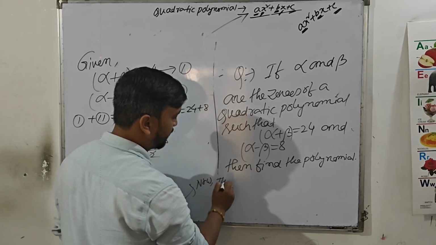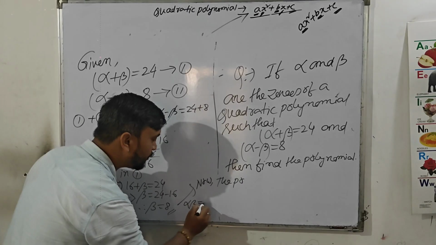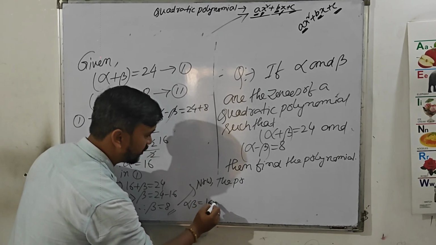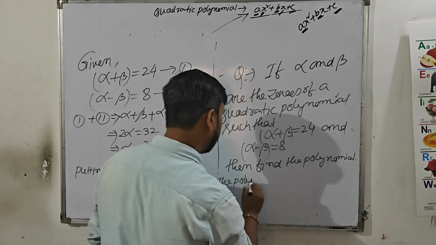Now the polynomial. Alpha and beta are 16 and 8, so 16 into 8, what will be the answer? It is 128. The polynomial